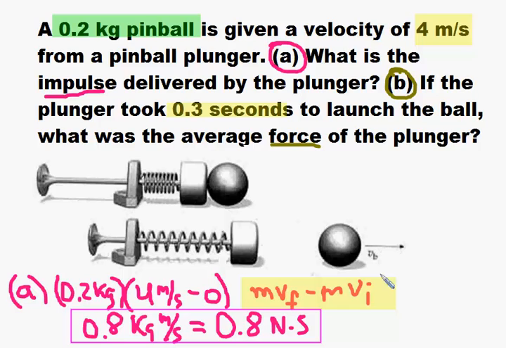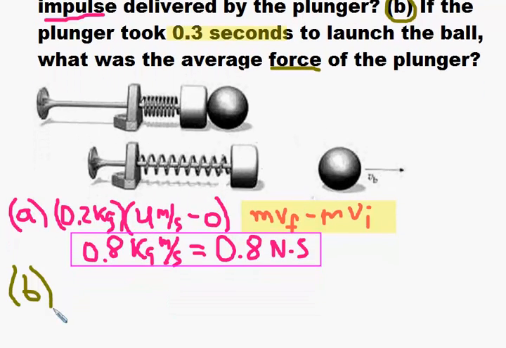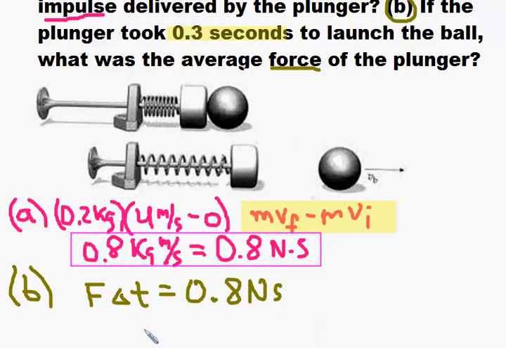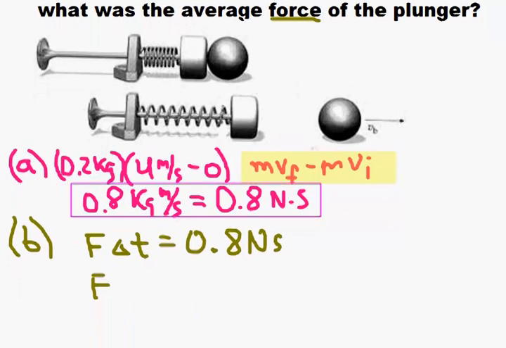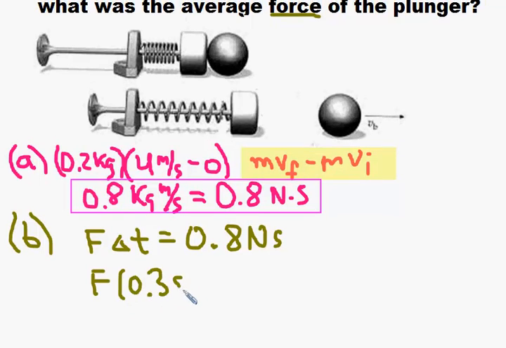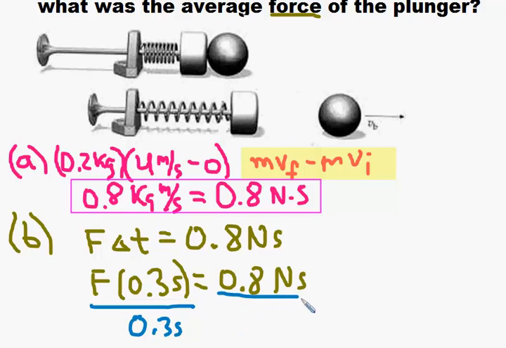Now the second part says, what was the force on the ball? Well, looking at this, I now know the impulse. So the force times the time is the impulse, and it equals 0.8 newton seconds. And I know the time, 0.3 seconds. So basically, force times the time, 0.3 seconds, equals 0.8 newton seconds. And I want to get rid of 0.3 seconds. So I just divide both sides by 0.3 seconds. And the seconds here cancel the seconds there. We get newtons, and I put that in my calculator, 0.8 divided by 0.3, and that gives me 2.7